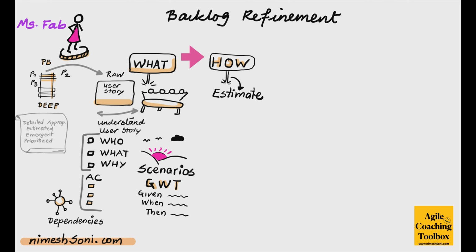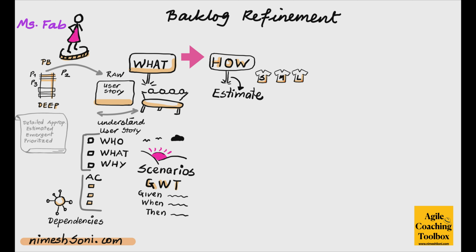So ultimately, we want to get some estimation on this user story. Once we are clear about the what, once the team has discussed the how also, then we ask the team, okay, now give us the estimation. Now remember, this estimation is coming from the team, not any particular individual, but the entire team participates in this estimation. The estimation can be done using story points, or my preferred method is simple: small, medium, large, the